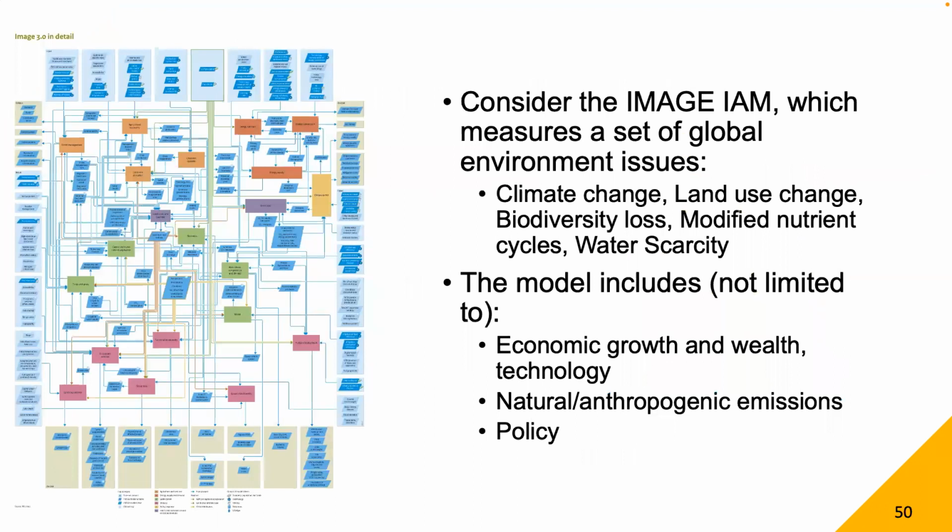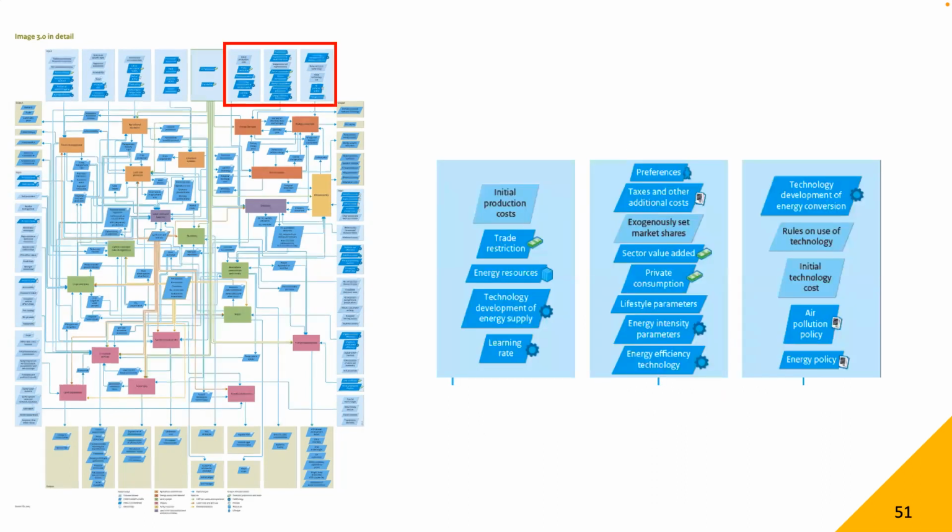This is the whole schema for IMAGE. It measures a whole bunch of environmental issues: climate change, land use change, biodiversity loss, and so on. But it also includes aspects of economic growth and wealth, anthropogenic emissions, as well as natural emission sources, and it can integrate policy changes. So just to show a quick example of this, if I were to dive into